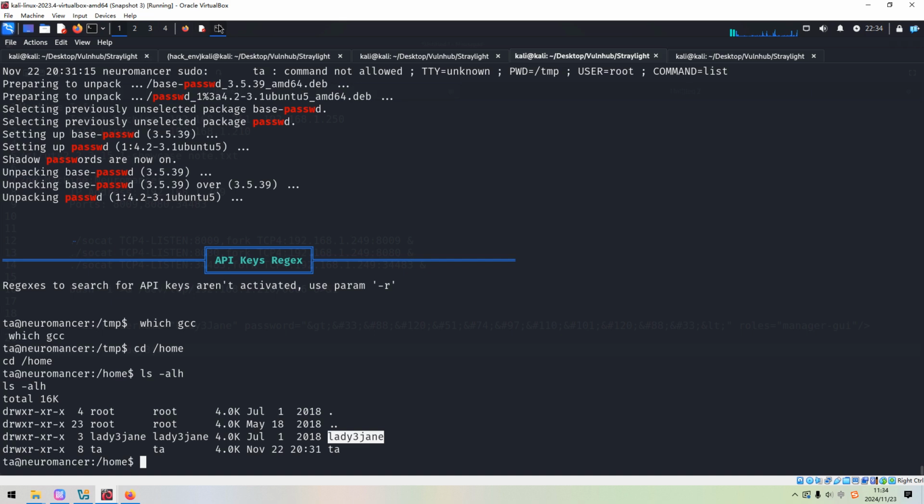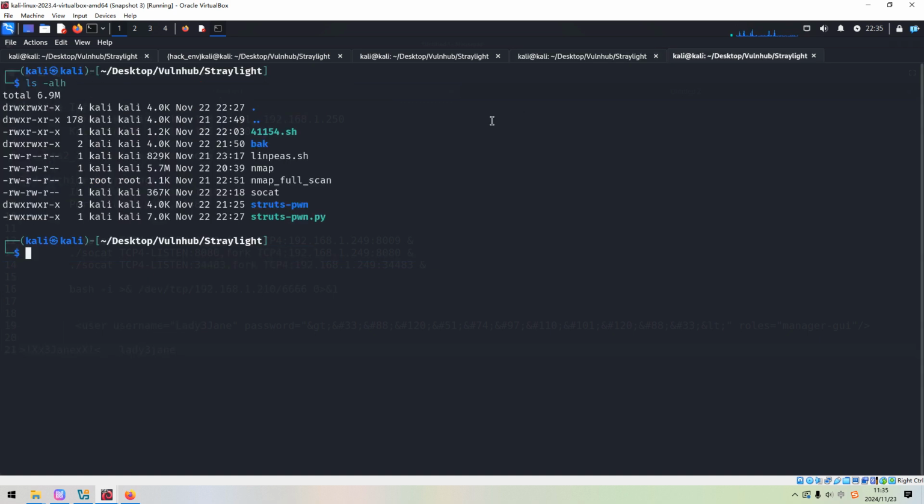So now we can try to, maybe we can SSH to the target, right? Because we have a password, maybe a possible password. We can use lady. Because we have already set up port forwarding, right?